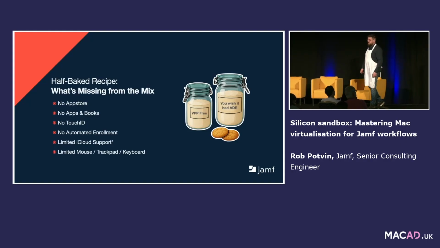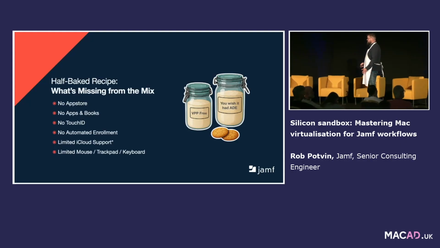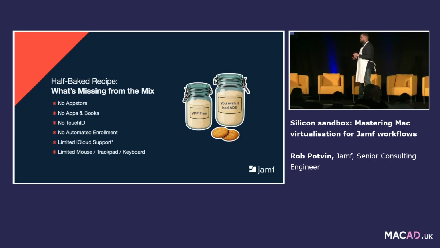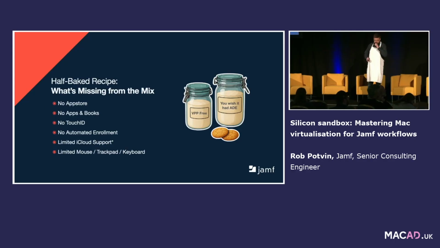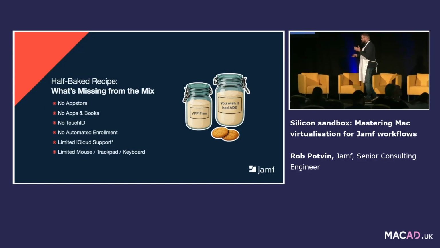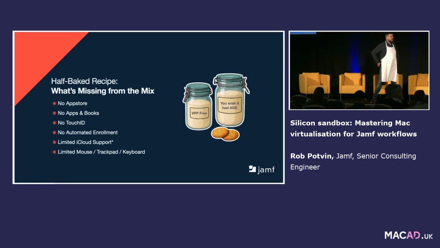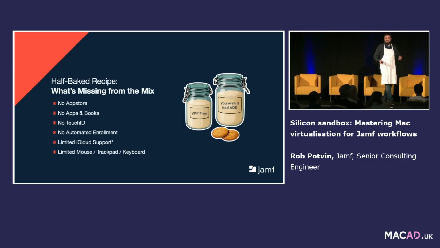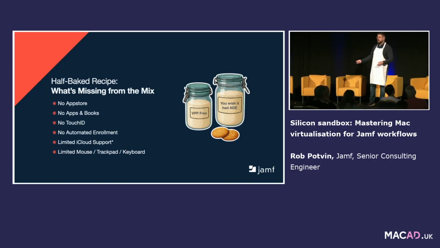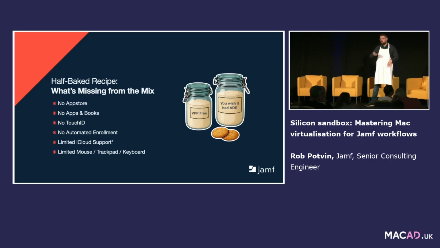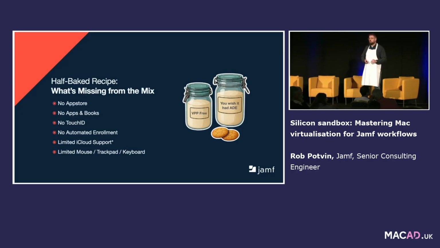So it's kind of half-baked, so it's good, and within those constraints, we can get what we need, but this is what doesn't work, right? No App Store, no Apps and Books, VPP. It's hard not to say that, I'm too old. No Touch ID, no automated enrollment. And we know that you used to be able to, with automated enrollment, get an Intel Mac, spin up VMware, spoof a serial number, and get that in. That doesn't work anymore, right? Device attestation, VMs can't attest, is now on that whole automated device enrollment workflow, so those won't work.